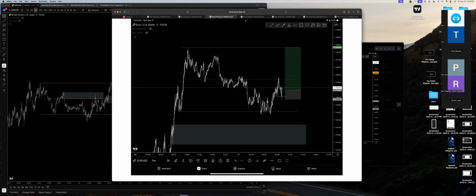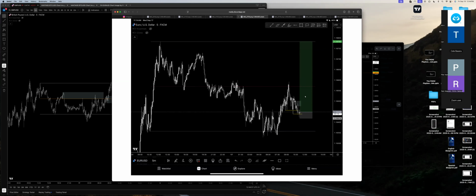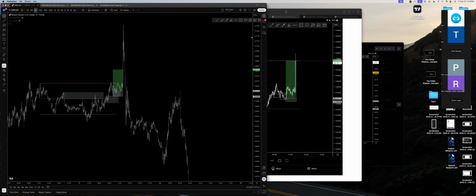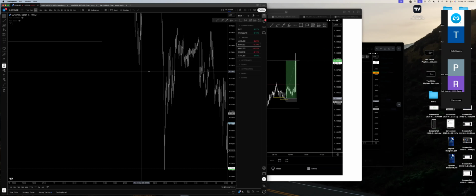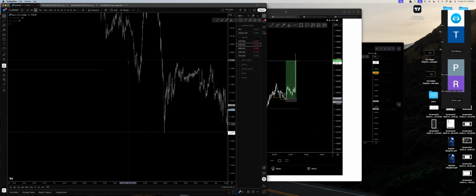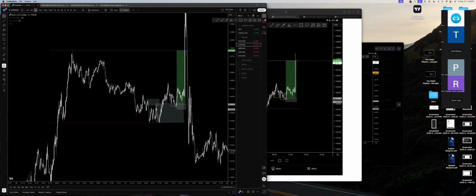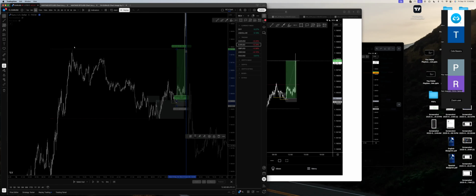This one, EU, I did take a loss. I took one loss and then re-entered once I got a second entry here, and that gave me the full model to the upside. So this one is definitely one of the best trades I've taken in recent weeks, I would say.